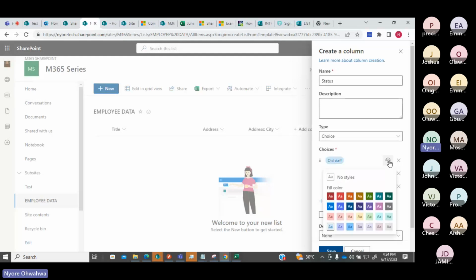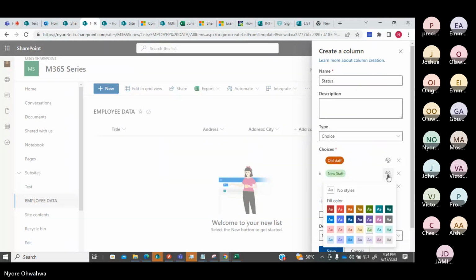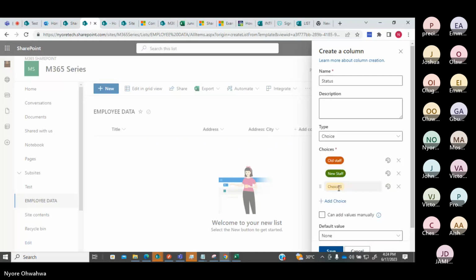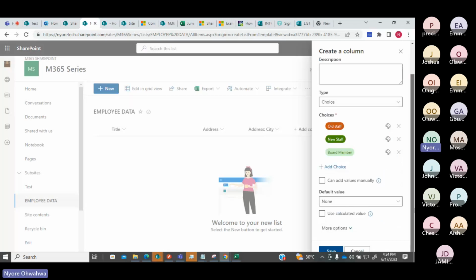And we can pick a color. Let's just pick this color. New staff. Board members. So basically, let's just do that and save.